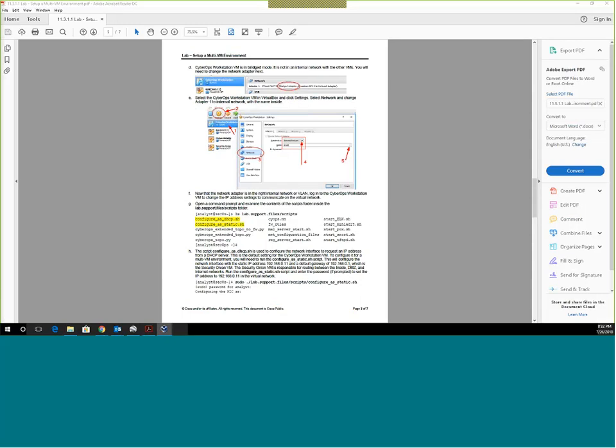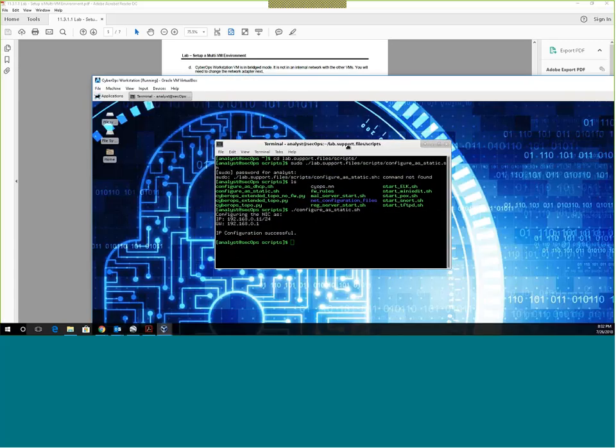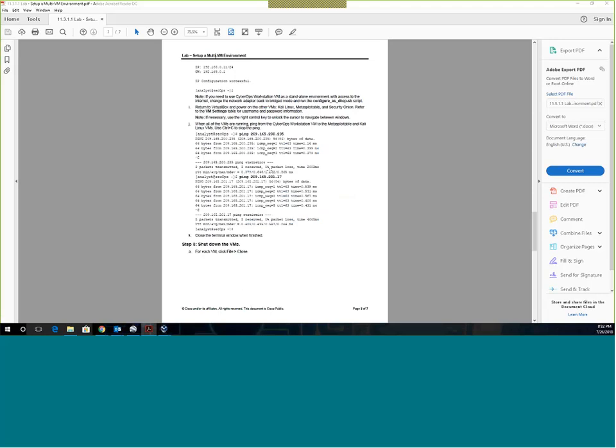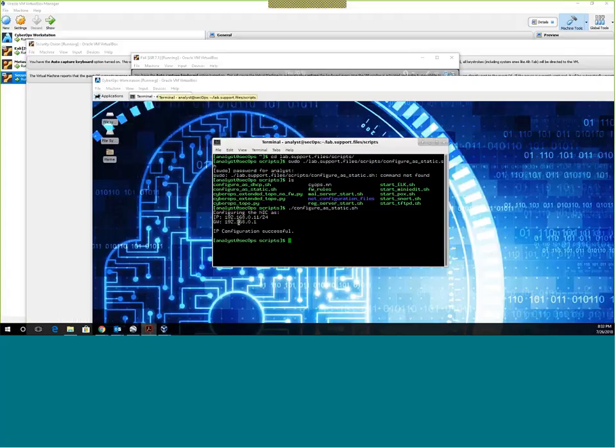Oh, that's already in there. All right, so I just configured it as a static. Okay, and now we can ping. What are we going to ping here? 209.205. If y'all are like me, there are so many IP addresses out there. 209.205.201.17.